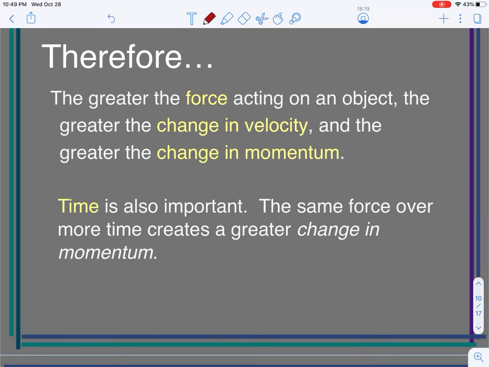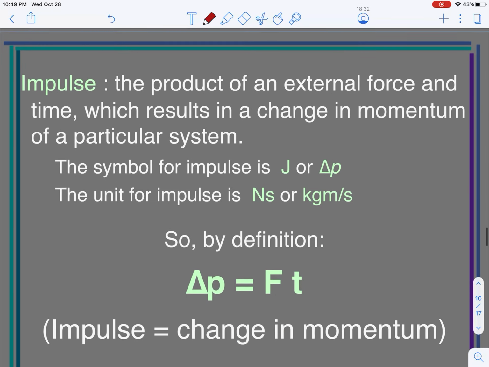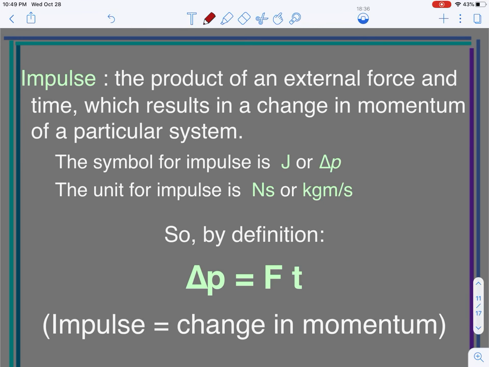Now it says here that time is also important. The same amount of force exerted on an object for a greater amount of time is going to create a greater change in momentum. Okay? This brings us to our new vocabulary word for the day. It is impulse. Impulse is the product of an external force and time, which results in a change in momentum